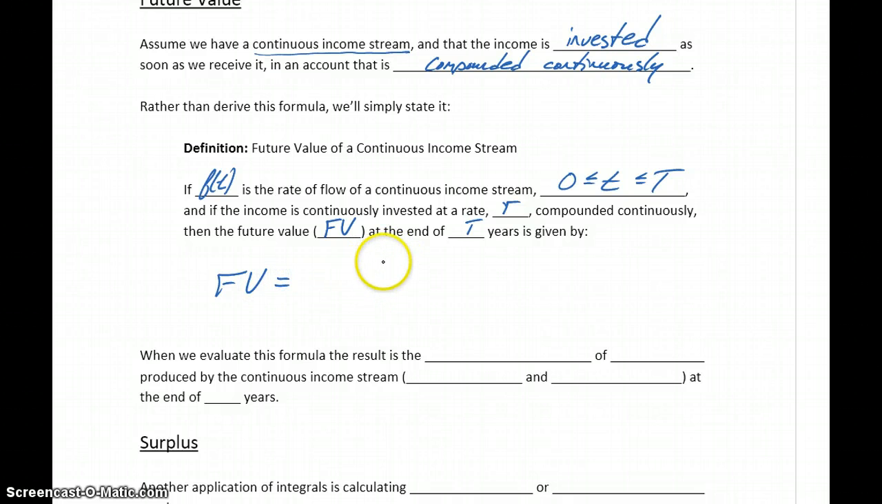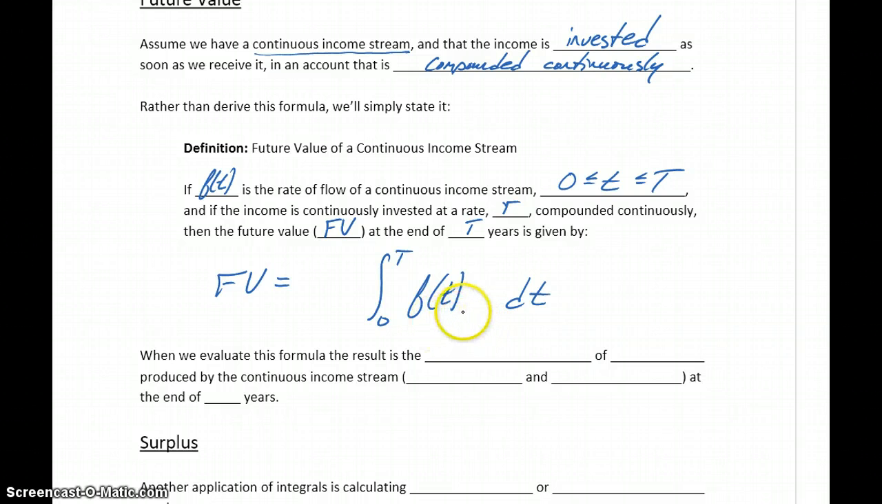And we're going to start by just including part of this formula just so we can see where the ideas for this are coming from. So we're going to integrate from 0 to T, so from the beginning of that continuous income stream when we start making those investments until we stop after T years, is the integral of f of t dt. So right now what we have is something that looks very similar to that definition for continuous income stream,